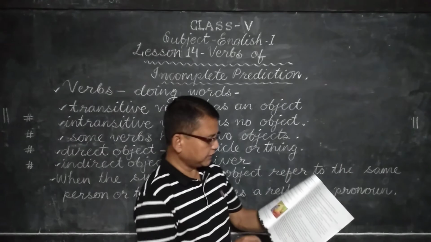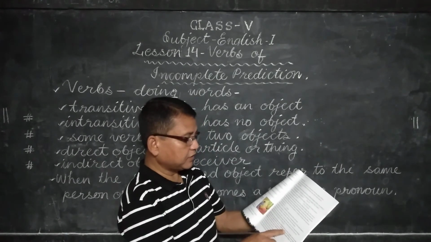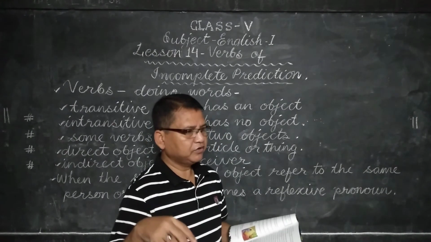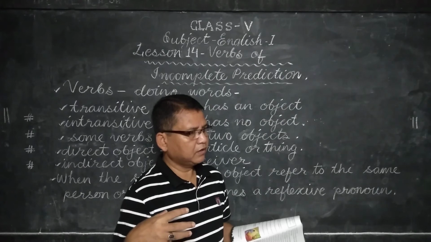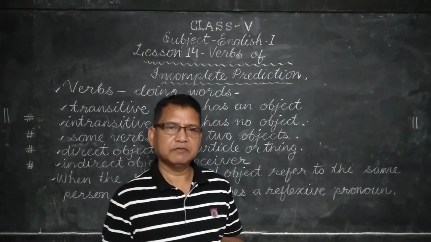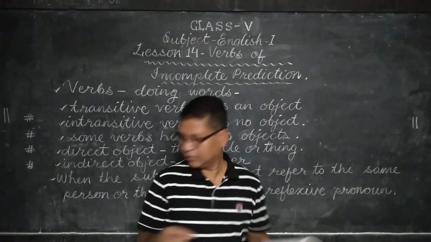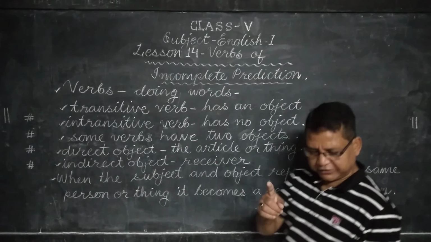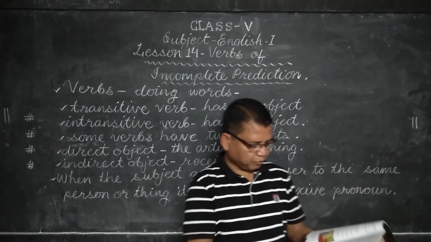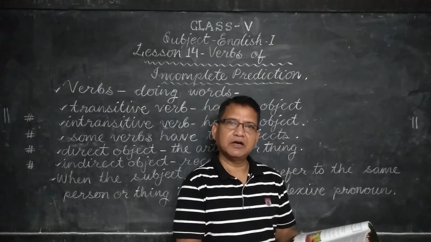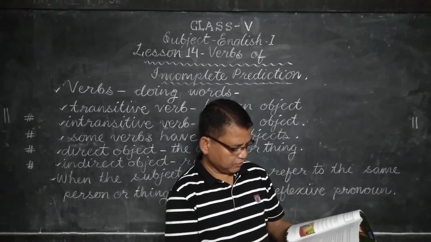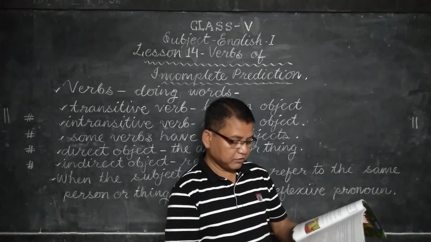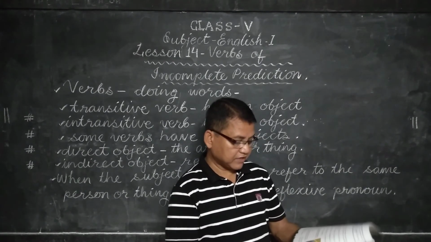Page 81, there is an exercise. Say which of the verbs in the following sentences are transitive and which are reflexive. Transitive verbs must have an object. When the subject and the object refer to the same person, it is called reflexive. These two things. If it is a transitive verb, you have to point out the object, and point out the reflexive verbs and the complement of the verbs of incomplete predication. Remember that transitive verbs may have two objects, direct and indirect.